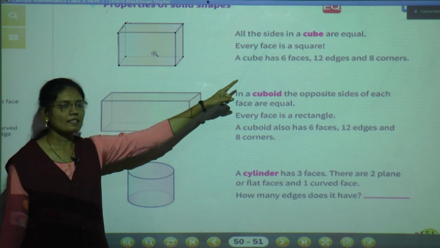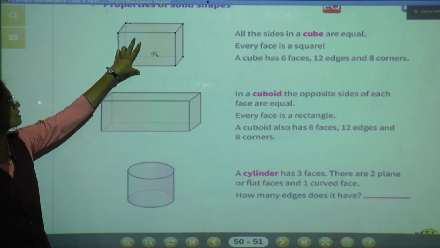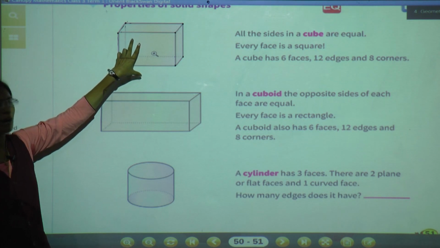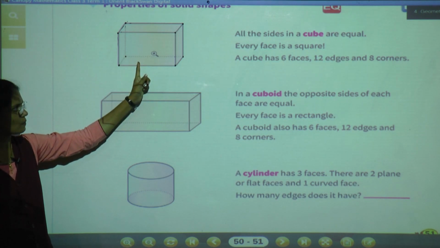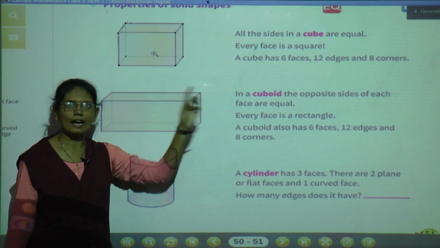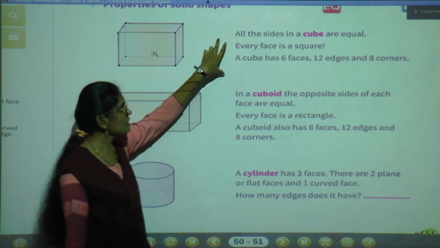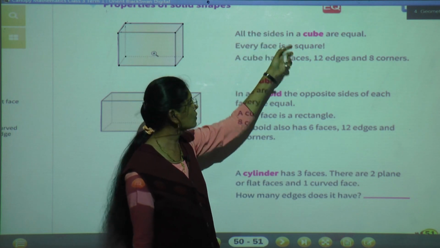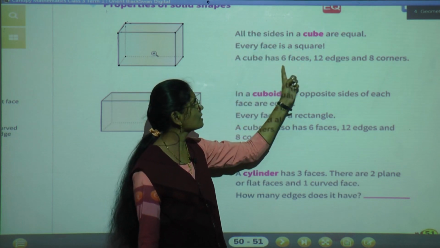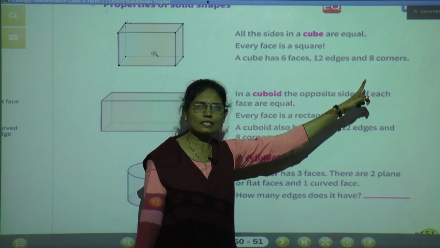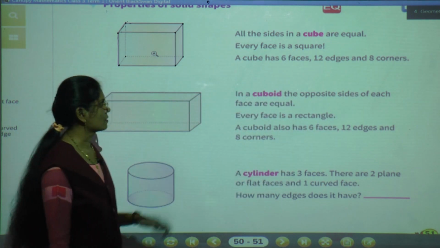A cube has 6 faces, 12 edges and 8 corners. This is about the cube. Keep all these properties in your mind, which are very important.